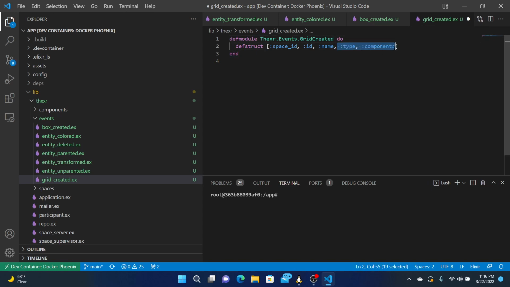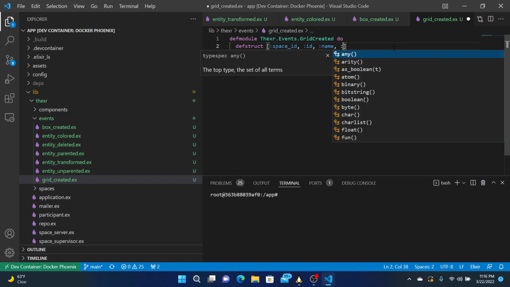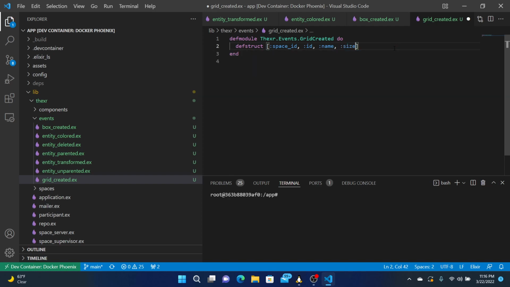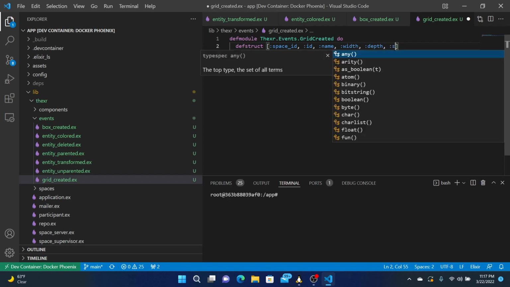It can have maybe the size, or maybe the length and width, maybe width and depth, or size.